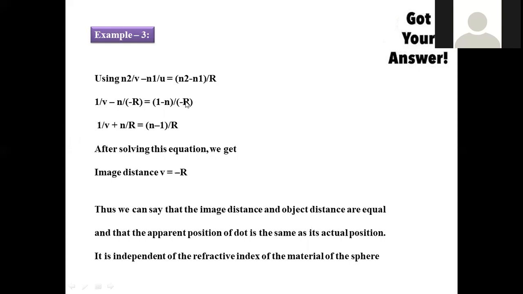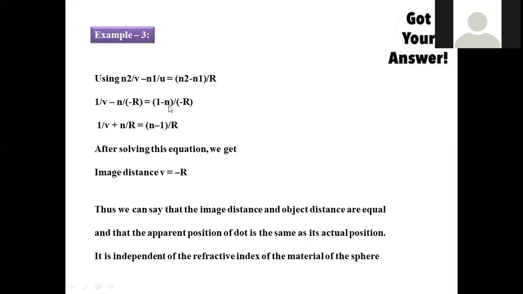Okay, so if we substitute all these values, we have to concise this equation. Simplifying this equation, how will it be? 1 by R, minus into minus, it will become plus. So 1 by V plus N by R is equal to